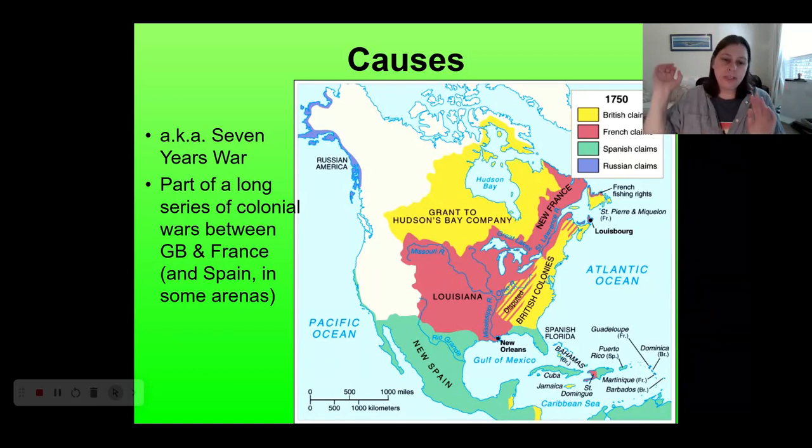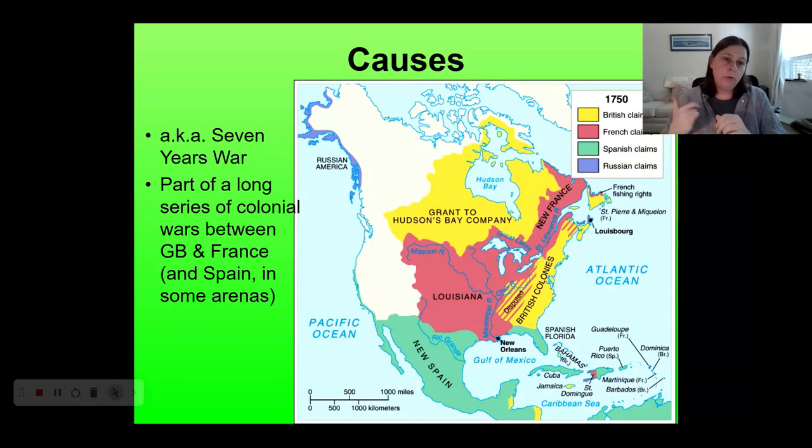The British are pushing west. The French are looking to hold their claims to this territory. The conflict starts right around where like the modern day city of Pittsburgh is. So that's sort of like where this is. The College Board and geographers refer to that as the Ohio River Valley because it's the valley around the Ohio River. And so this kicks off this long conflict, which, like I said, is happening both here in North America